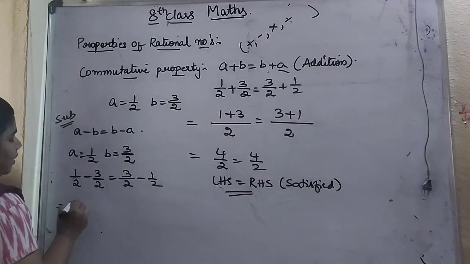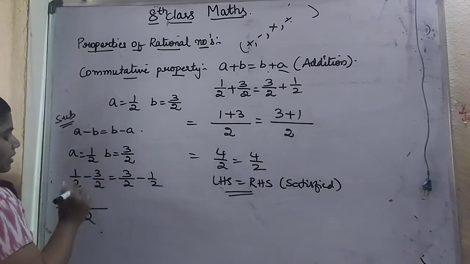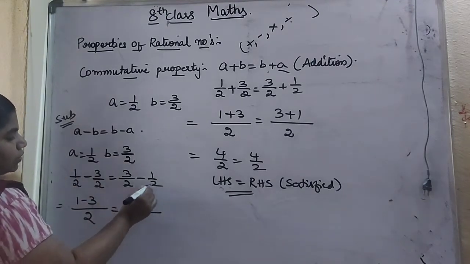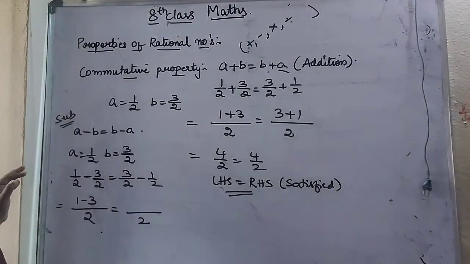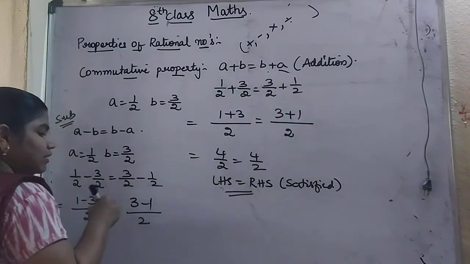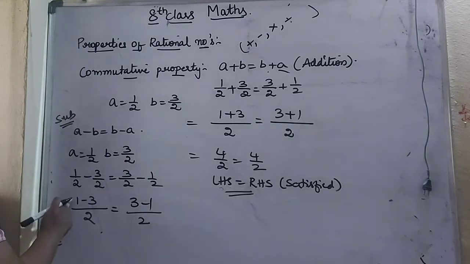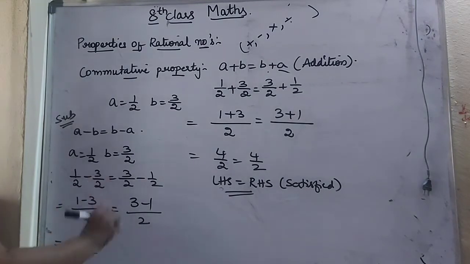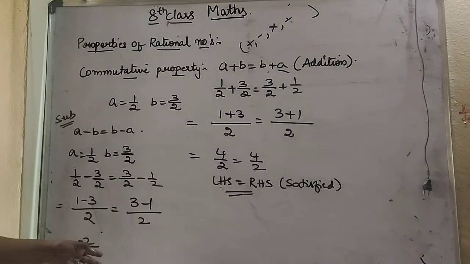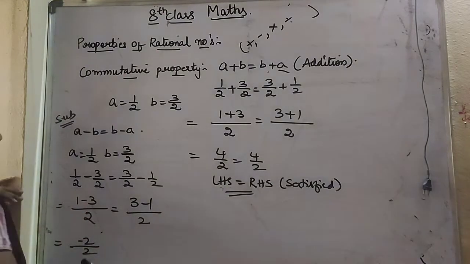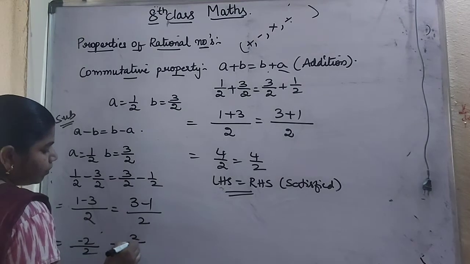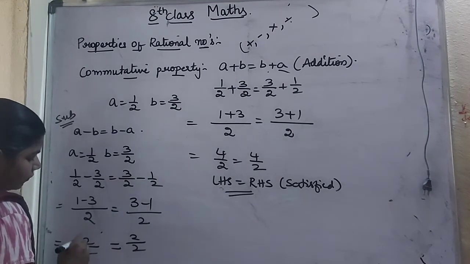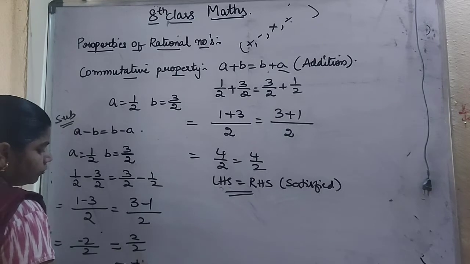So here the LCM of 2 and 2 will be 2 itself. Directly subtract the numerator values. Here also 2 and 2 LCM will be 2 itself. Subtract the numerator values 3 minus 1. So 1 minus 3 is how much? Plus 1 minus 3, plus into minus will be minus. 3 minus 1 is 2, and the bigger number's sign is minus there, so minus 2 by 2 you got here. If you are subtracting a bigger number from a smaller number, the result will always be in negative form. You have to remember that. 3 minus 1 will be 2 by 2. So this is in the form of a negative answer, and this is in the form of a positive answer.